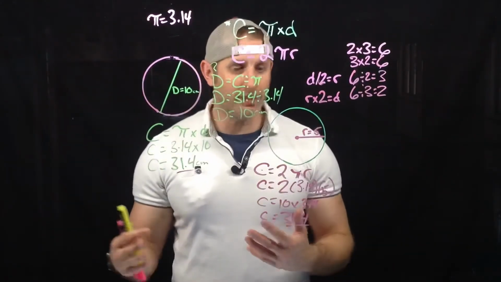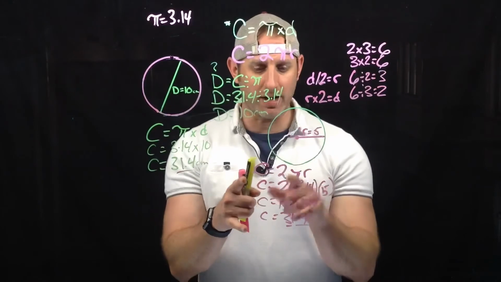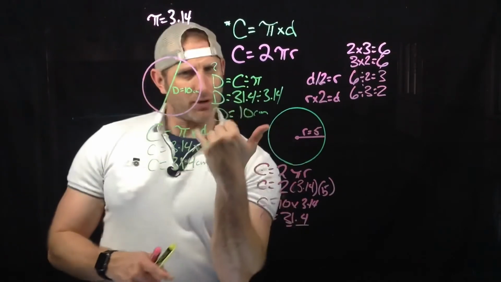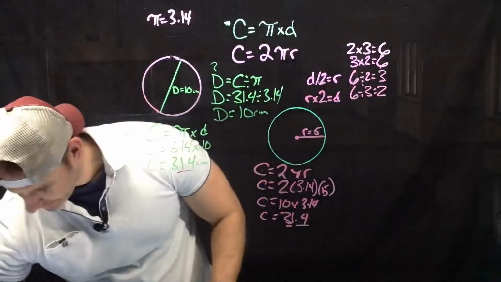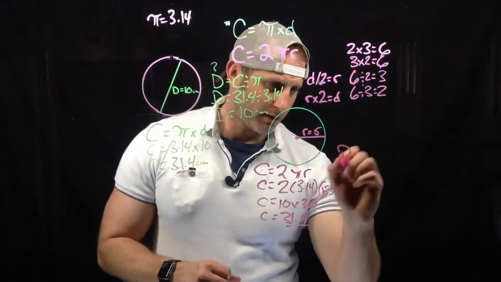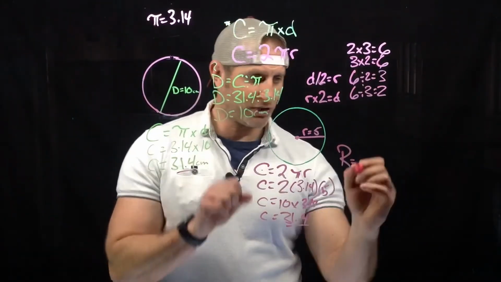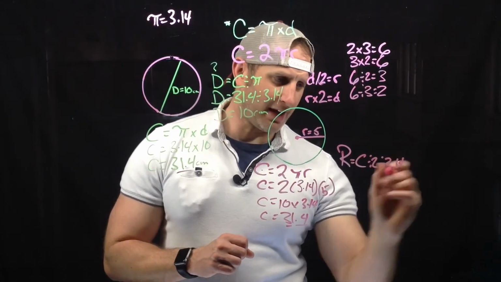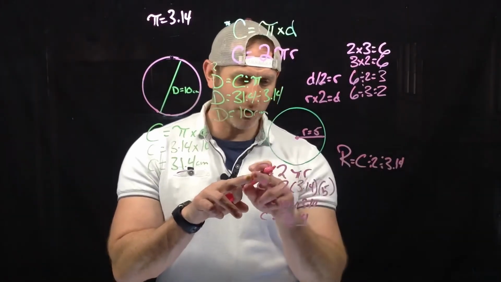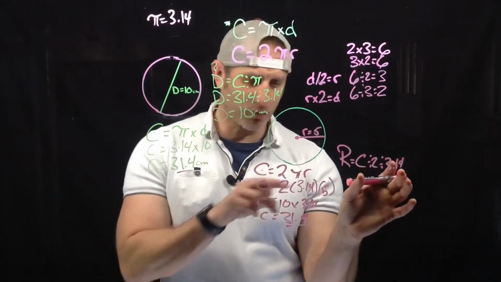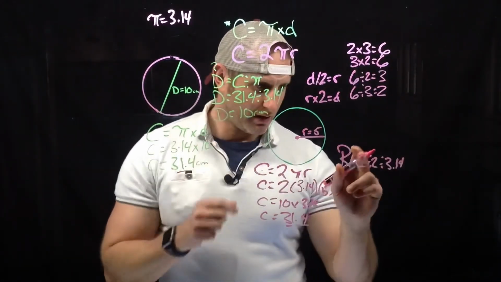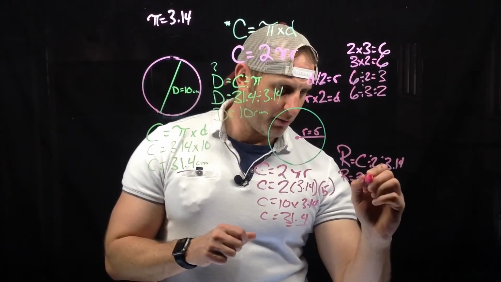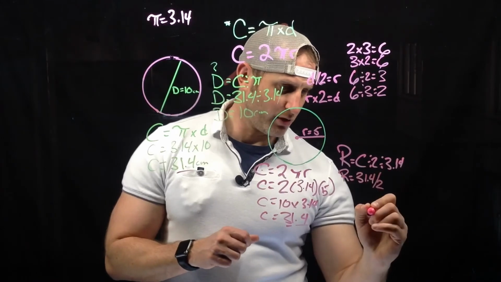And that works all the time, even if I did it with this one right here, where I have 2 times pi times r. If I switched it around, maybe I wanted to find r. R is going to be equal to circumference divided by 2 divided by pi. I'm doing the inverse operations. I'm moving the r over here and then taking the smaller numbers, what I know, and moving them to the other side. So in this case, I'll have r is equal to circumference, which is 31.4 divided by 2 divided by